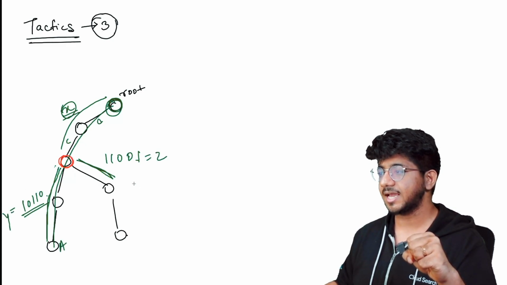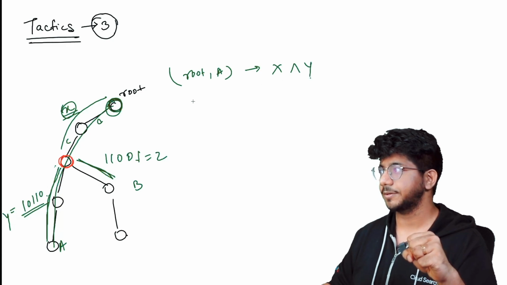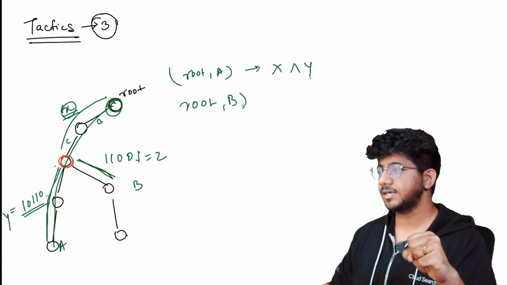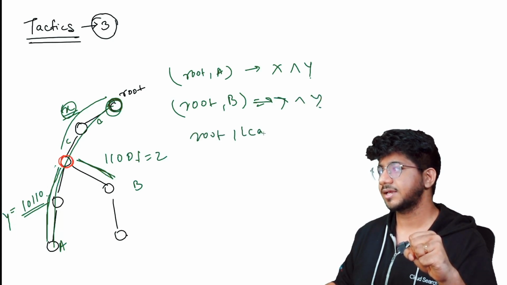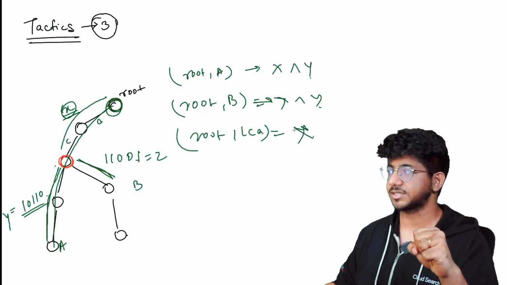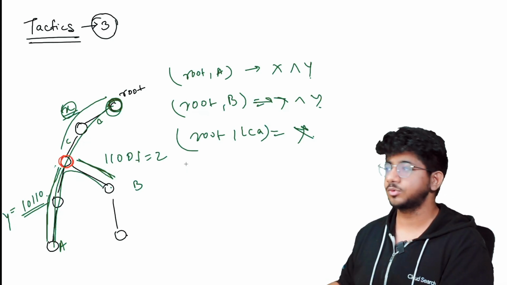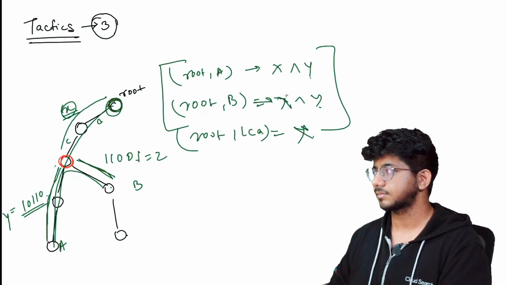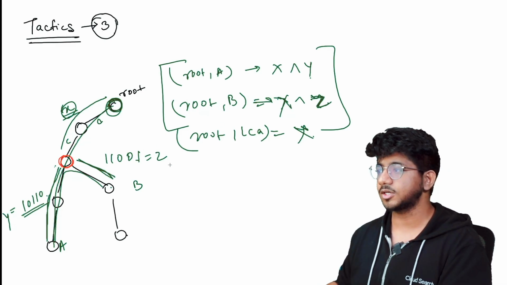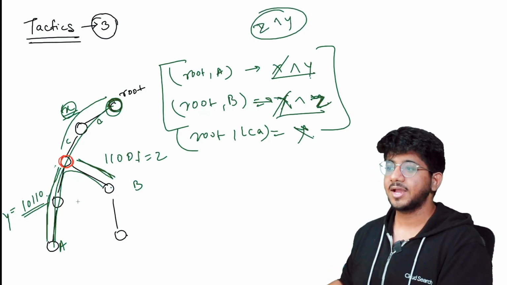From root to this A and this B, root to A will be nothing but X XOR Y. Root to B will be nothing but X XOR Z. And root to LCA is given to be X, like we are assuming that it's X. So now if you want to find the XOR of the path from A to B, a very simple strategy that you can use is just XOR these two things. Just XOR these two things, because if you XOR these two things, X will cancel and you will get Z XOR Y, because if anything gets XORed twice, it gets cancelled off